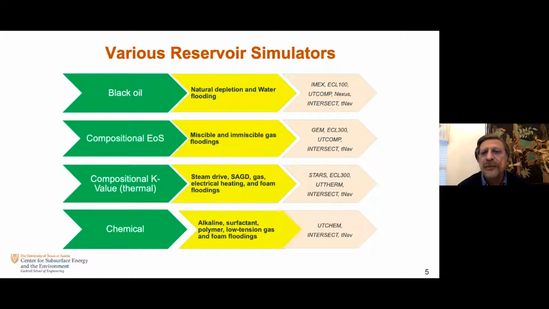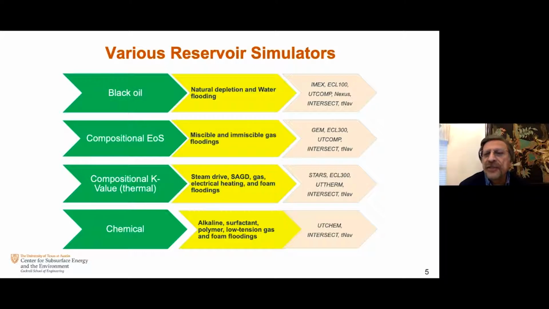Examples of those are commercial simulators: IMEX, ECLIPSE 100, UTCOMP, which was developed at the University of Texas at Austin, Nexus, Intersect, and more recently T-Navigator, which has gone to fast simulation by using GPUs. Then going to a compositional equation of state